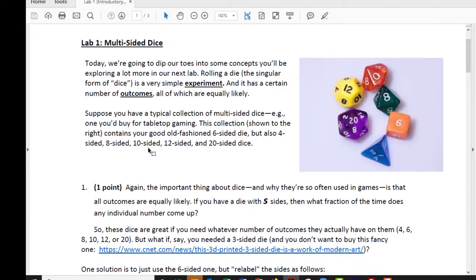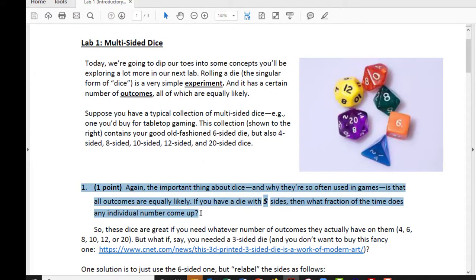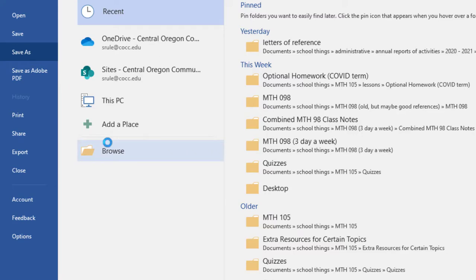So my intent is for you not to print these out, but instead use this kind of like a textbook, because really it's what it is. I've created a course that's all online. So this is kind of like a chapter and homework questions, if you will, in a textbook. So you're going to read this first little bit here and then answer question number 1. Now, when I say answer question number 1, one way to do this is to open up Word and type 1 and then your answer here. And then press enter. And then save this somewhere, save this on your computer. Let's save it on my desktop.